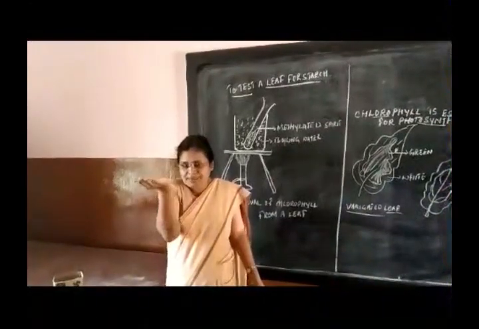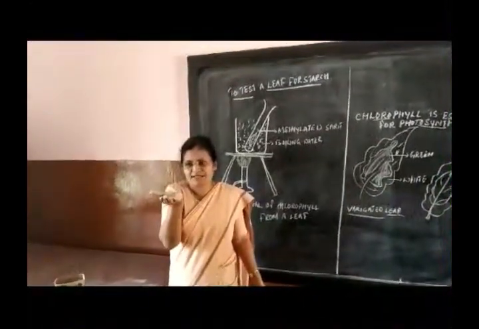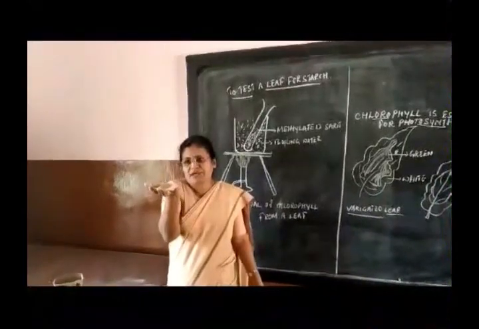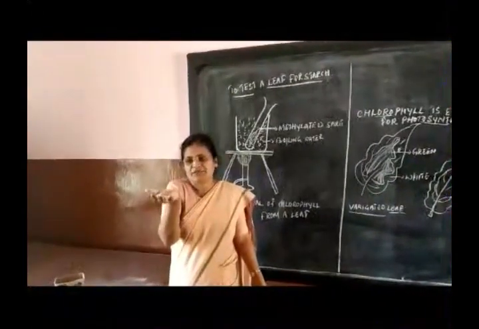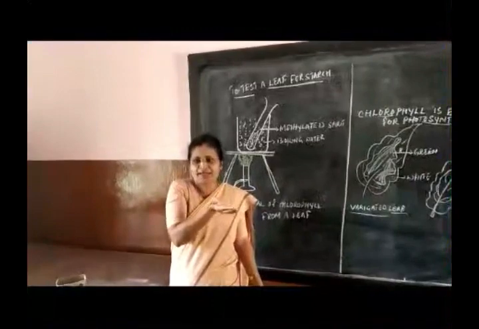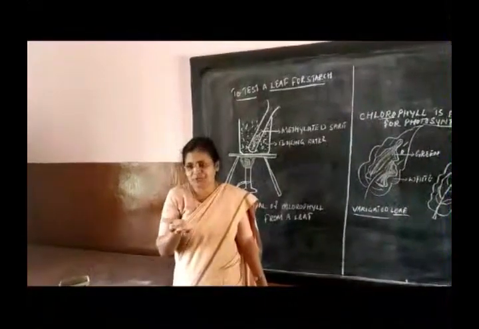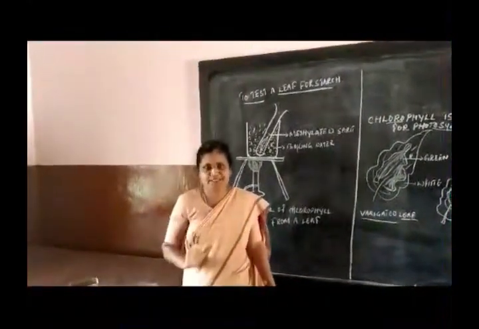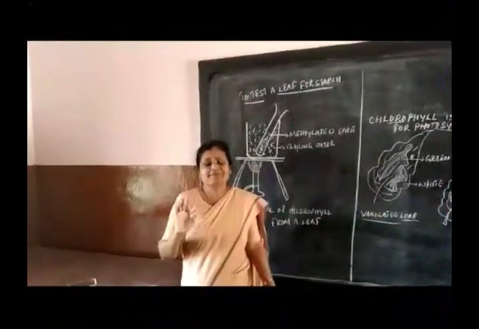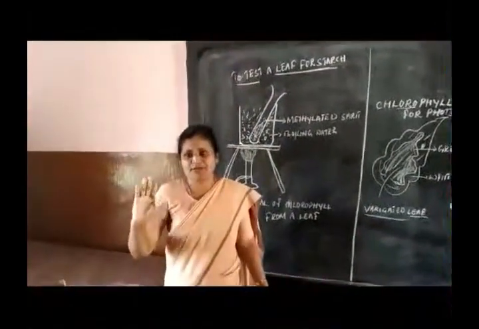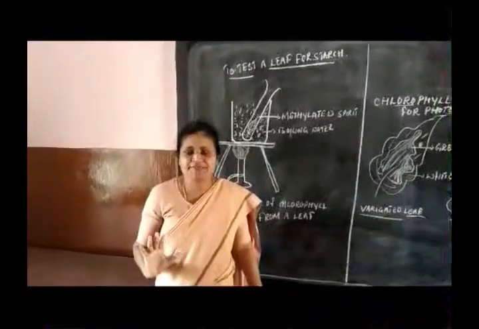Then you have the upper epidermis, and the stomata. Then below the epidermis, you have the mesophyll tissues. The mesophyll tissues contain the spongy parenchyma as well as the palisade tissue in which the chloroplast is present. Then you also have the adaptations of leaves. We dealt with the 7 points regarding adaptation of leaves.